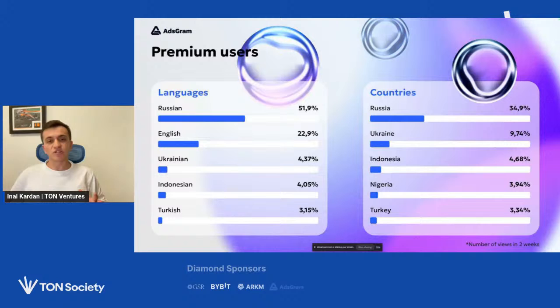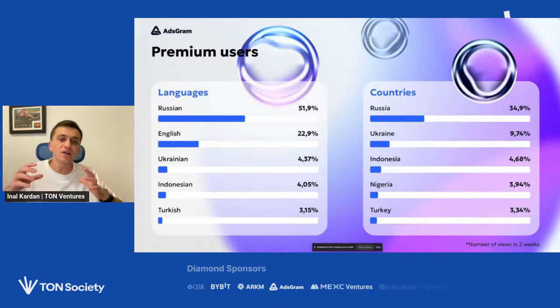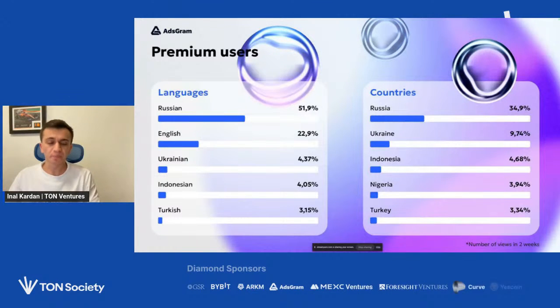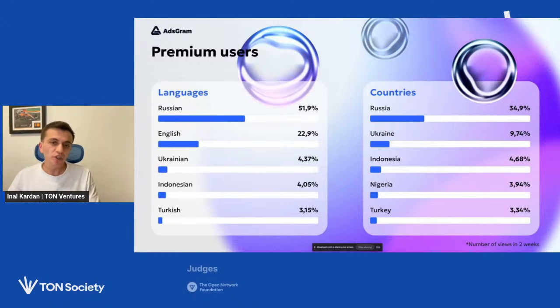And these countries and these languages are the best if you want to find users with the highest average revenue per user, or highest average revenue per paying user. So think of this slide and these numbers as a tip on which countries and which languages you have to target if you want to find people who are going to actually pay, for example, for in-game items.